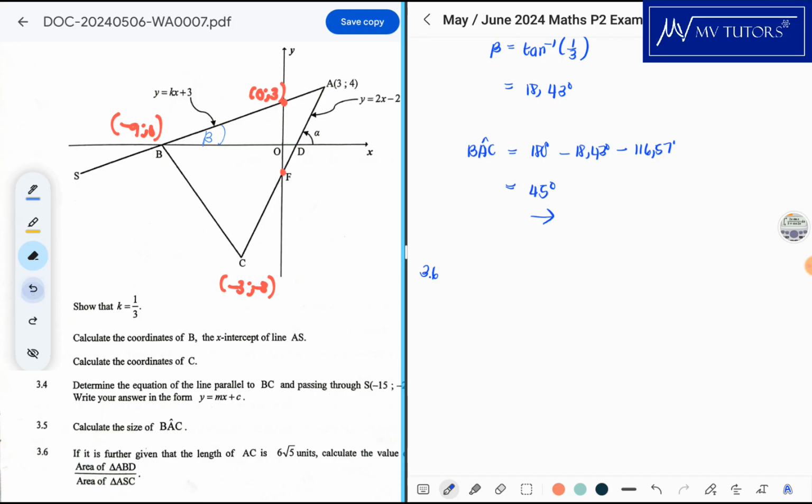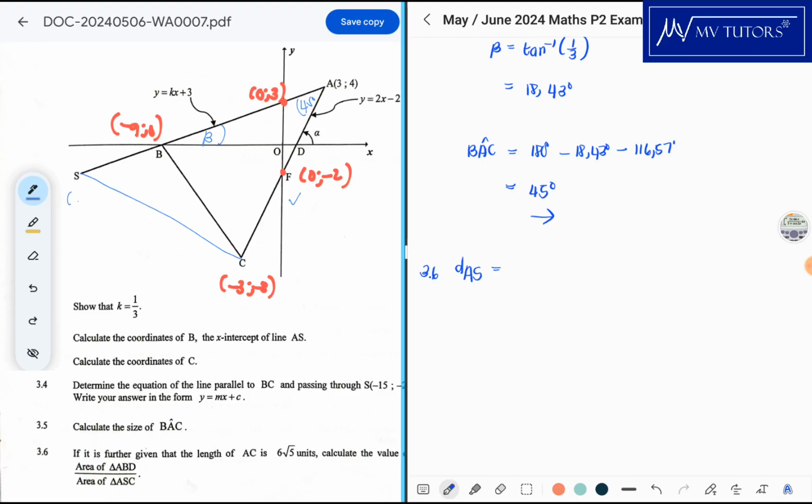Okay, maybe not that part. Yeah, so let's see what we can work here. So looking for triangle ASC. Let's start with that. If I want to get the area, I already have this angle here. I solved it, which is 45 degrees. Now I have the length of AC. I've been given it's 6 root 5 units. Now what I can get is the length of AS. So if I say distance AS, that's going to be equal to